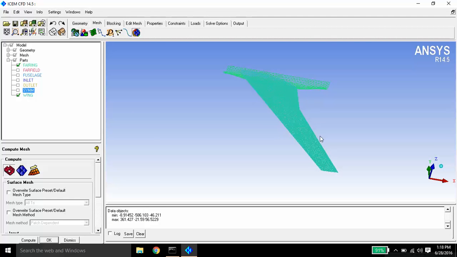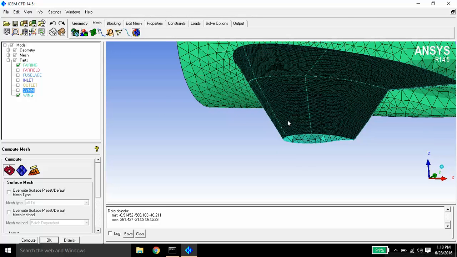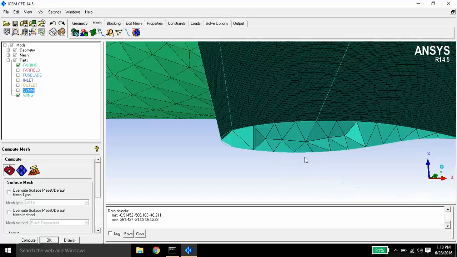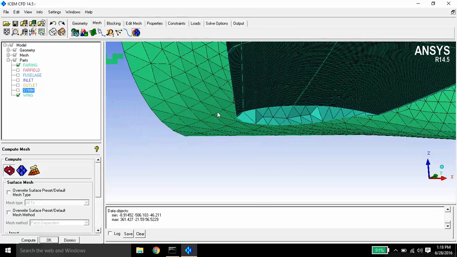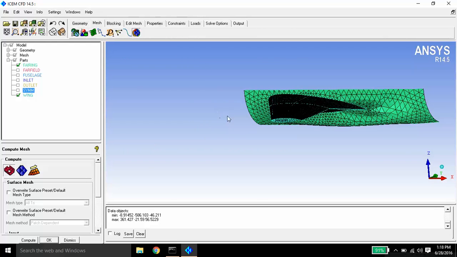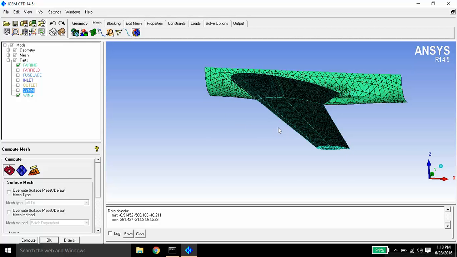So as you can see, the mesh is done. But you can see the mesh is not proper at the leading edge. So we need to mesh it again. So for that we need to make some edit.